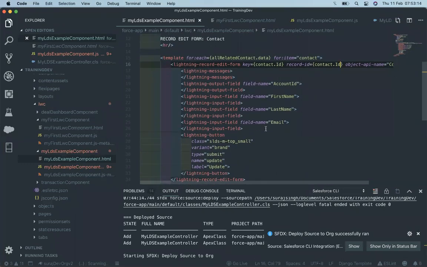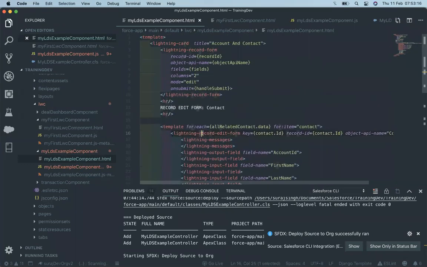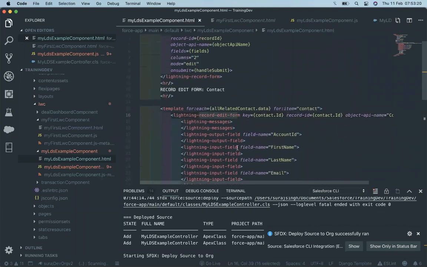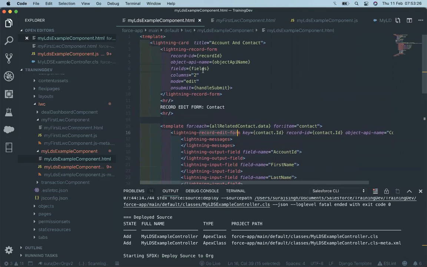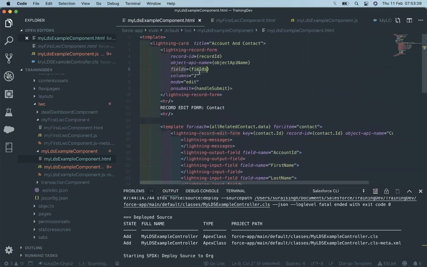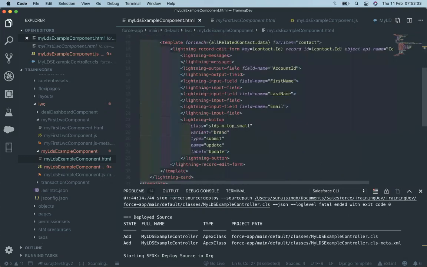And this is how we are using the record form. We are using the record form only when we need to customize, or just like that. We can customize up here, meaning if we add those fields, all the fields are present either in editable mode or in view mode. But if we are using the record form, we have an option that we can use either the edit mode or the view mode, just like that.